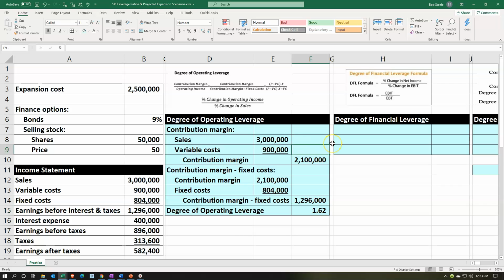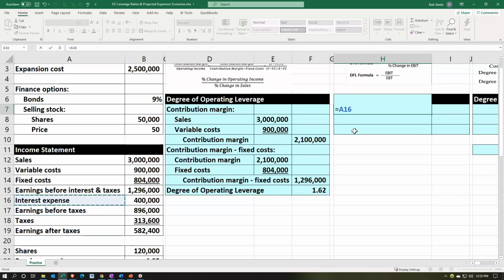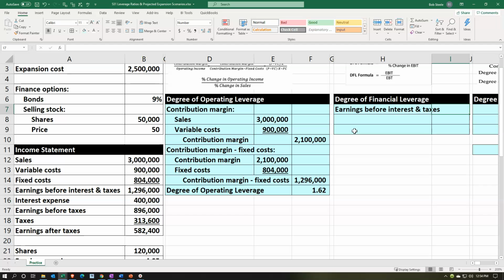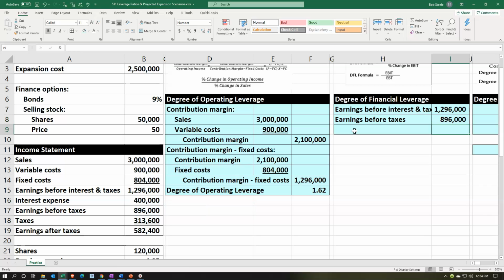Then we're going to go to the degree of financial leverage, which is going to be the earnings before interest and taxes divided by the earnings before taxes. So these are straight on our income statement. So I'm just going to say this is going to be equal to earnings before interest and taxes, and otherwise known as operating income, right? Operating income, so earnings before interest and taxes. And then we're going to say the earnings before taxes, which means after interest, but before taxes. This will be equal to earnings before taxes, the difference between these two being the interest,